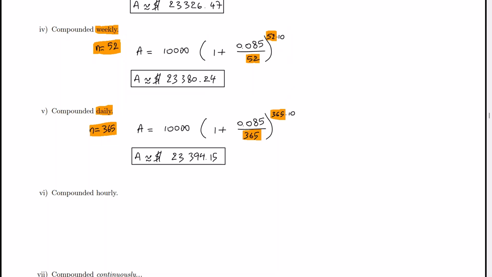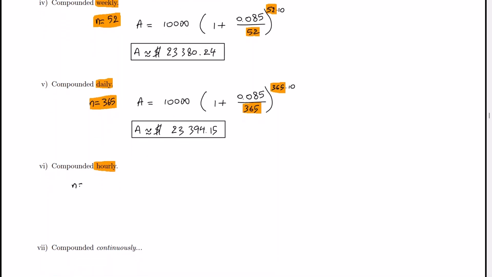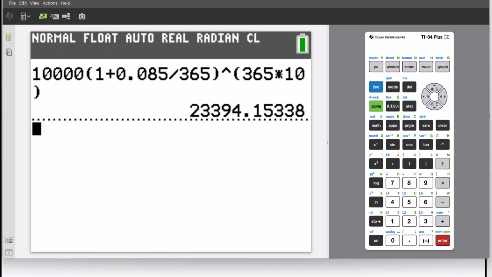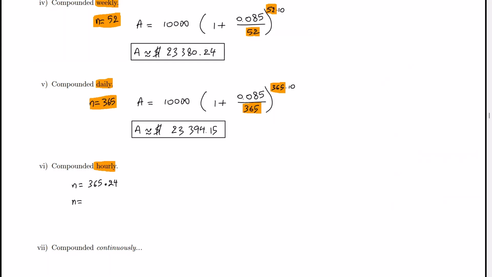And finally, we get to the complicated one, which is hourly, right? So hourly, that means we have to do a little bit more math here, because I don't know off the top of my head how many hours there are in a year, but I know that there are 365 days in a year, and each one of them consists of 24 hours. So we can type in this thing into the calculator and see how much n is going to be, basically. So 365 times 24 will give us 8,760. So that's the number for n,